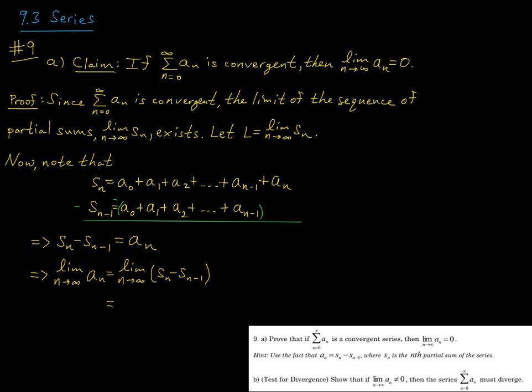And so to finish now the proof, since these two terms are approaching L themselves, their difference will approach L minus L, which is equal to 0. And that concludes the proof. Again, we've shown that if this series of a sub n converges, then a sub n must approach 0. All right, great. So now for part B,